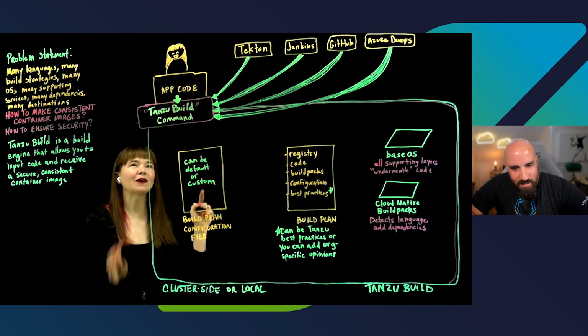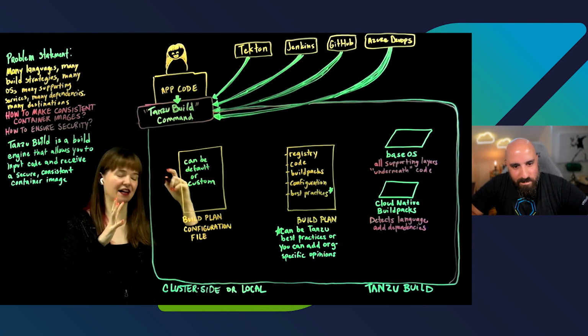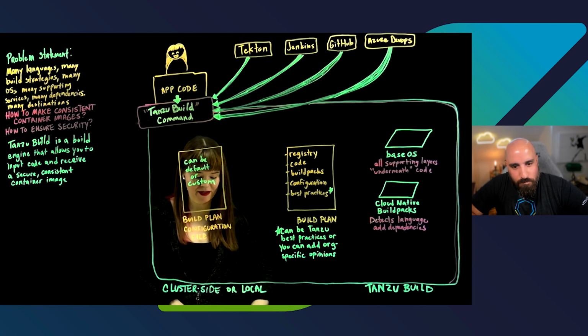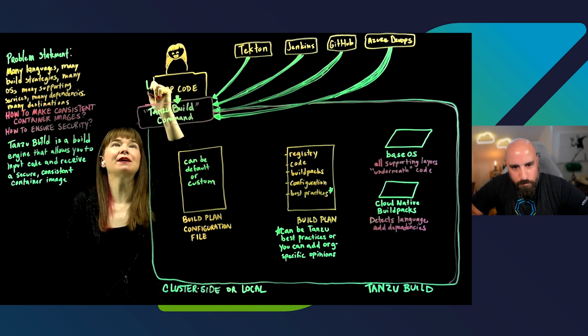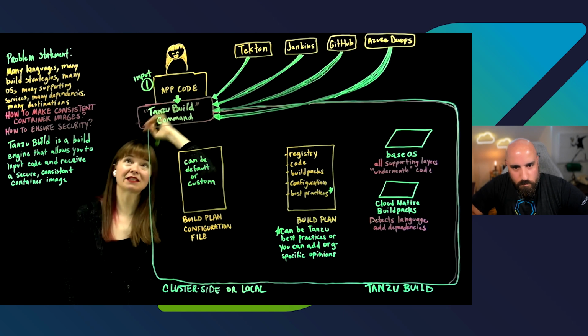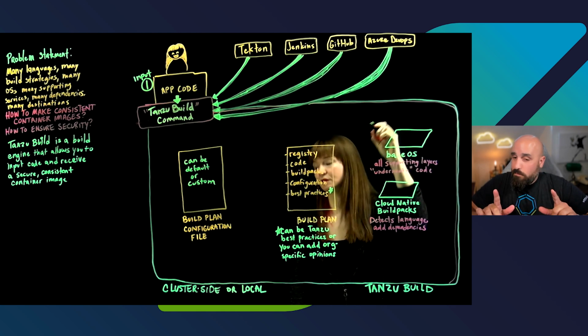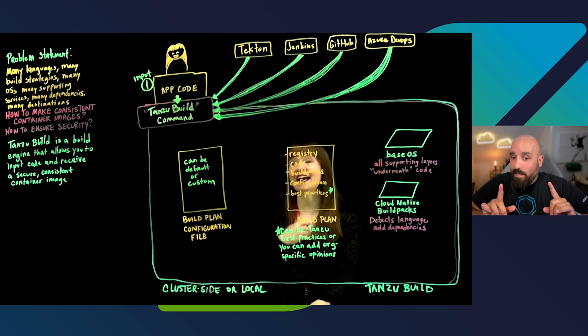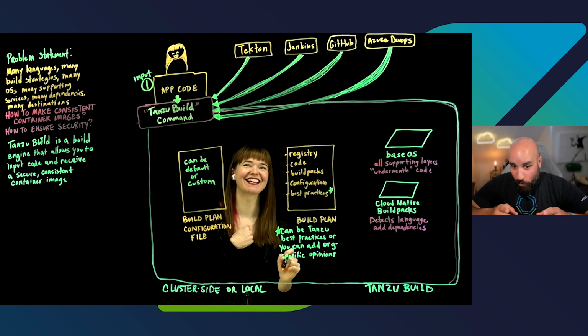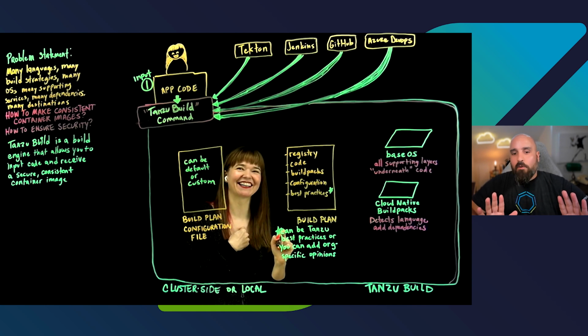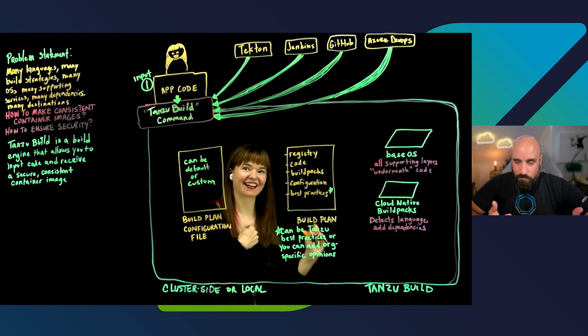Okay. So I run the Tanzu build command. I'm sorry if I'm being redundant. My inputs are input 1, an application code. That's it for you, as the developer. And for the platform engineer,